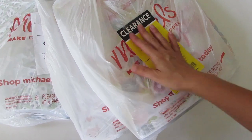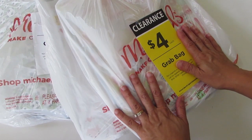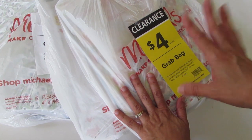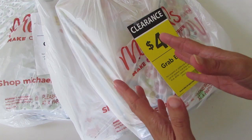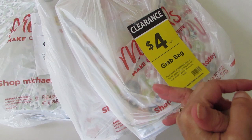Today I'm going to share with you these grab bags I bought at Michaels today. Now I do have to say that I believe the reason why I was able to find so many is because I'm in Florida, and these past few days, as you've probably heard in the news,